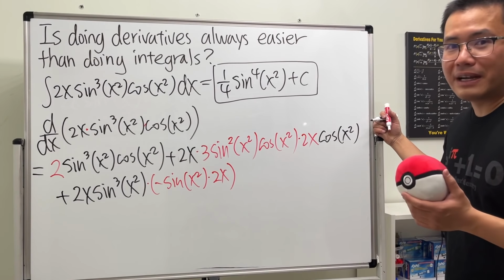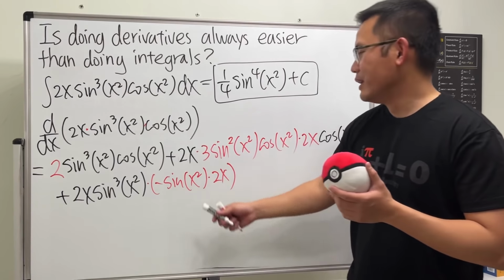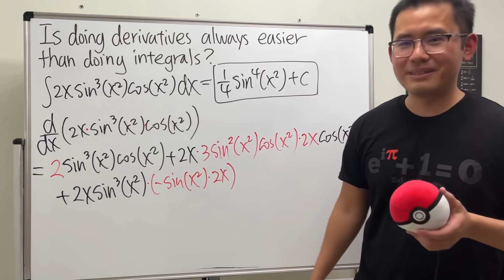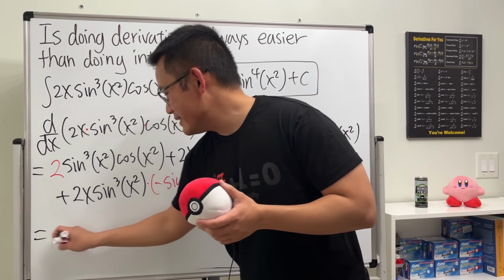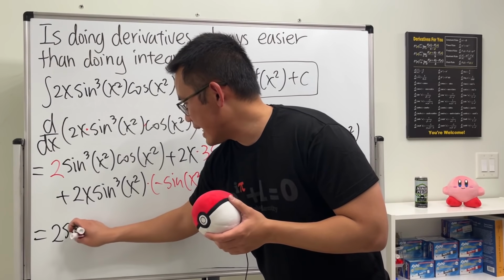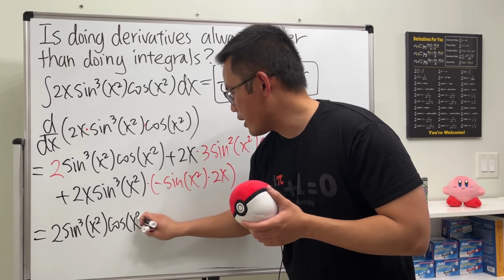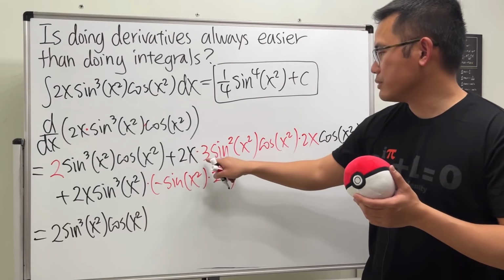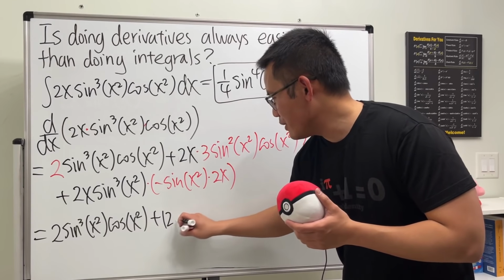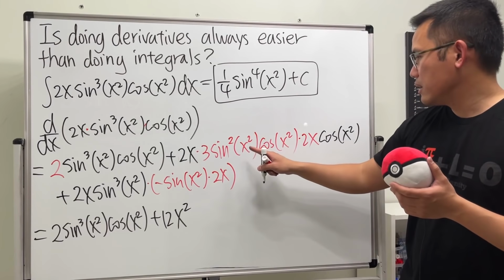I'm not a big fan of factoring things out, so I will not do that. Perhaps we'll just do the most important part, namely 2 times 3 and then times 2, things like that. Just clean things out, yeah? So here we go. This is the answer. First one stays, so that's nice. We have 2 sine to the third power of x squared times cosine of x squared, done deal. And then 2 times 3 is 6, and then times 2 should be 12. So we add 12 and then x, right? So x squared. And then sine squared